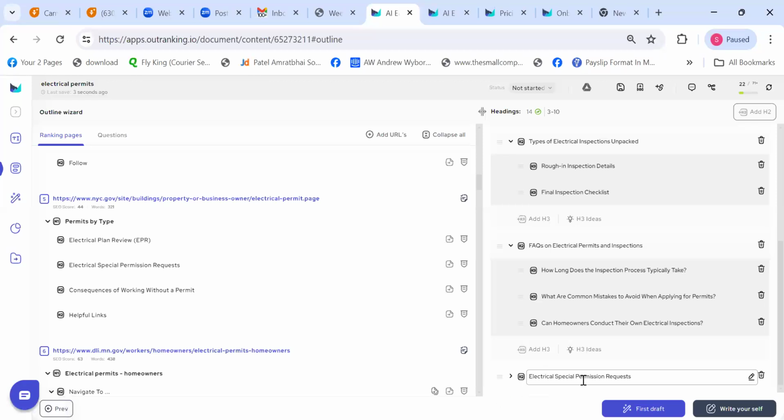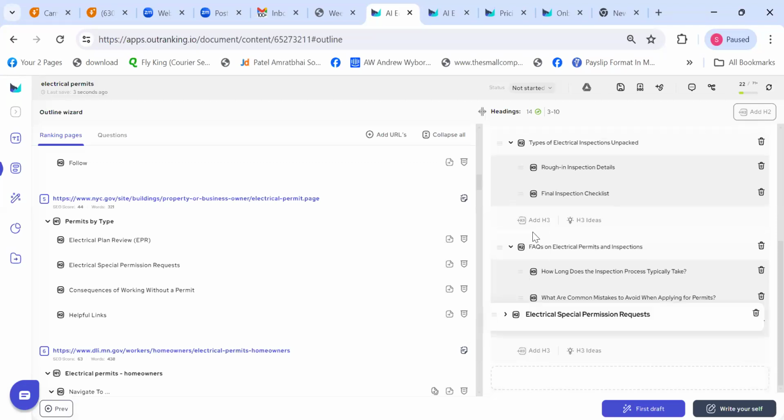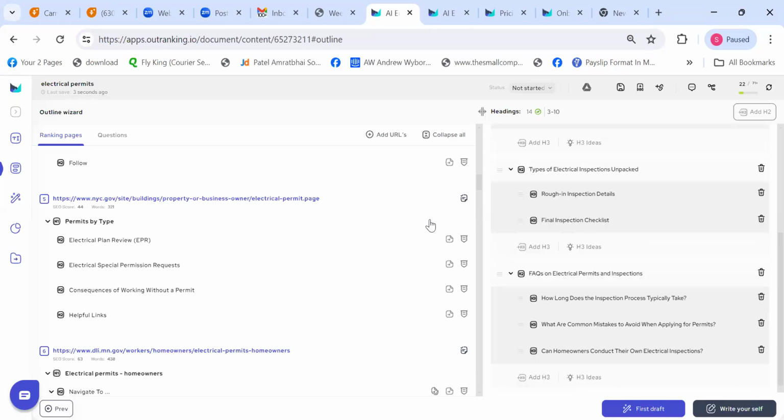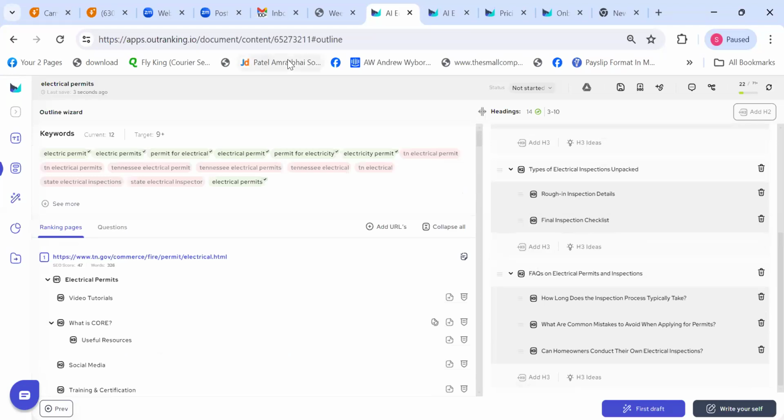And you can rephrase it, and this way you can make your own, and this way you're not missing out on anything that your competitors have. So you can try and add things which your competitors are using but you're not using. And also you can club them up wherever you want to, or you can just put it up as a new H2 as well. Now, moving forward, let's look into our presentation here.